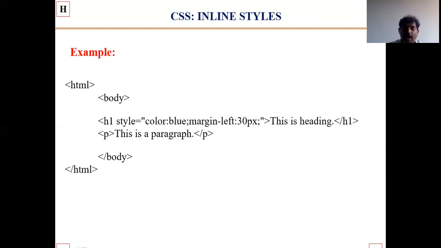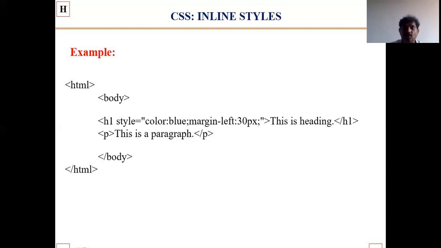H1 is the biggest size, H2 is a little bit smaller, H3 a little smaller, H4 a little smaller, H5 a little smaller, and H6 is very small. It is in decreasing order.